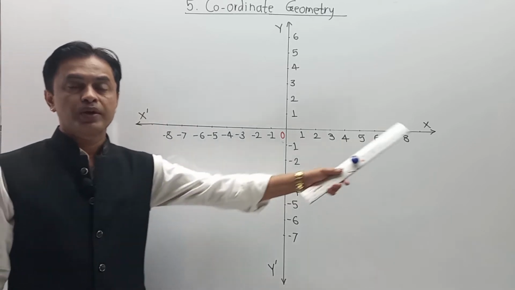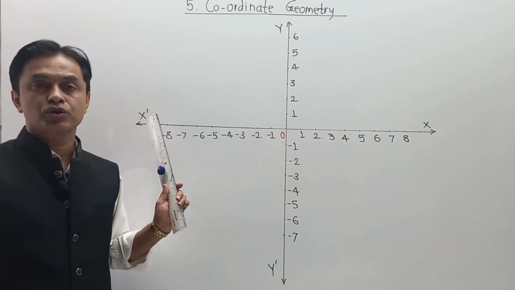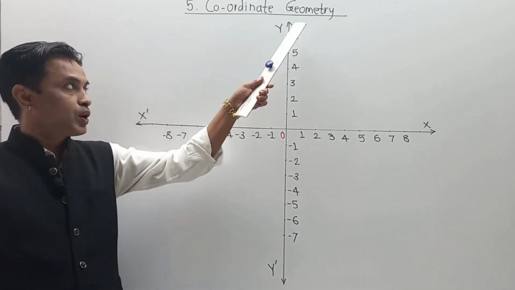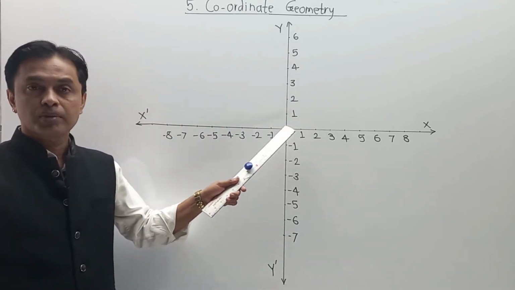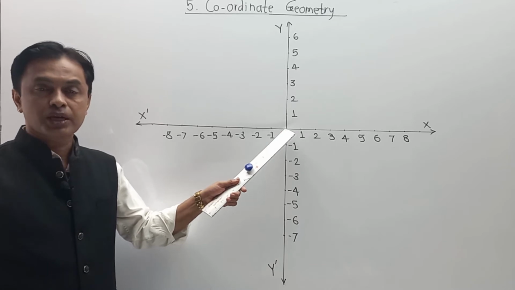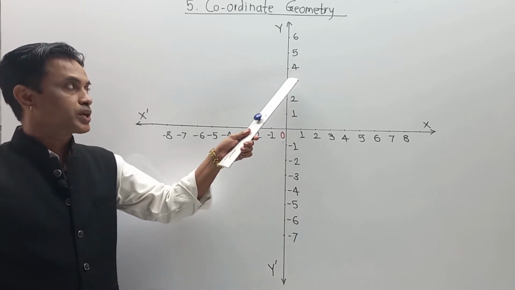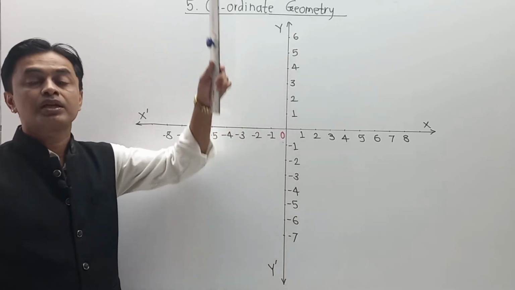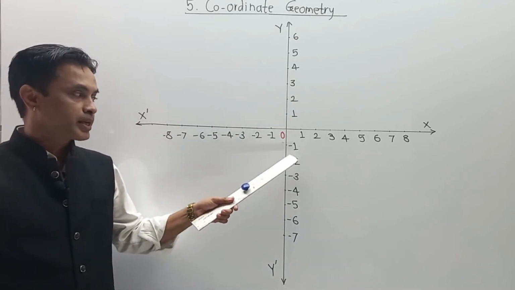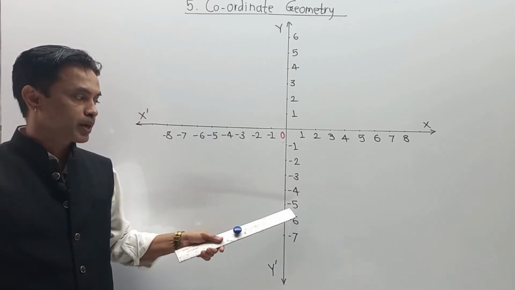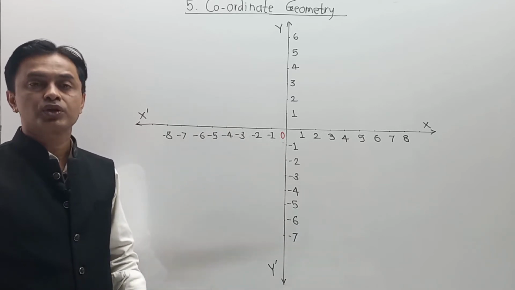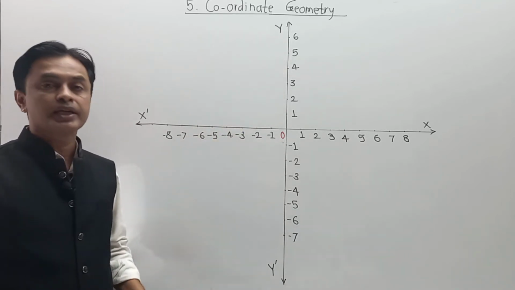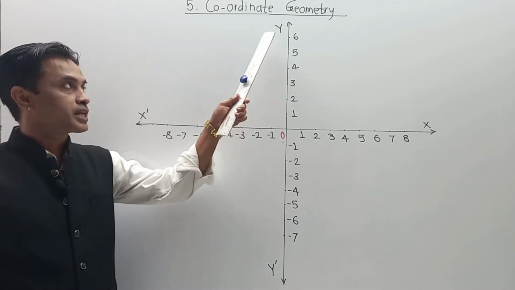Now, you know very well about x dash, that is the horizontal axis. Now, we have introduced a vertical axis, that is nothing but the y-axis over here. So the number again, 0 is your central point, plus 1, plus 2, plus 3, plus 4, plus 5, plus 6, numbers go on increasing, and minus 1, minus 2, minus 3, minus 4, minus 5, minus 6, minus 7. These numbers in downward direction go on decreasing, and this is nothing but your vertical y-axis, or you can say